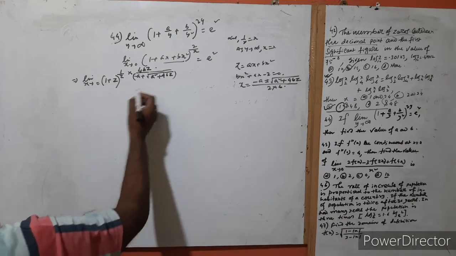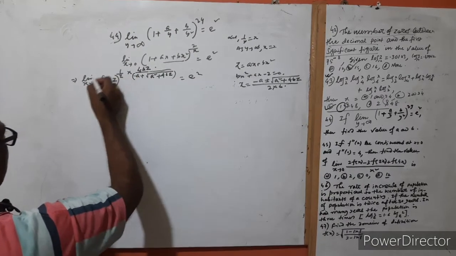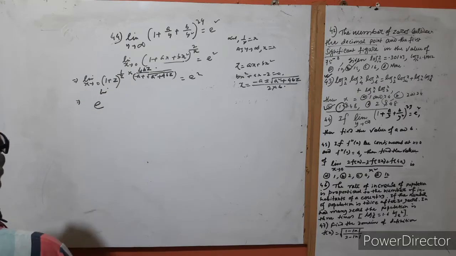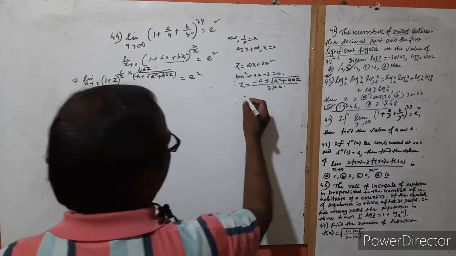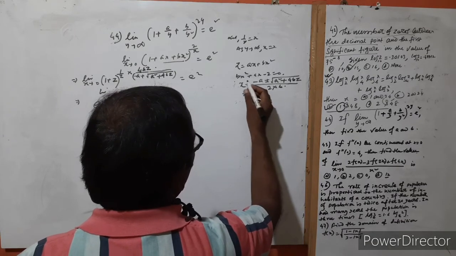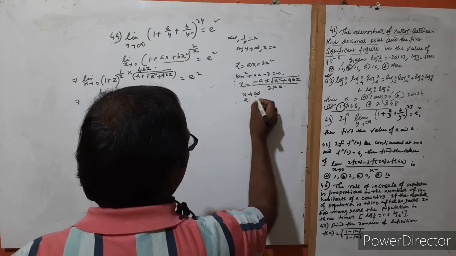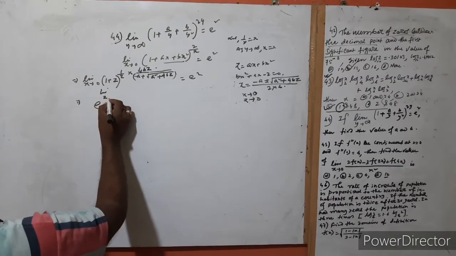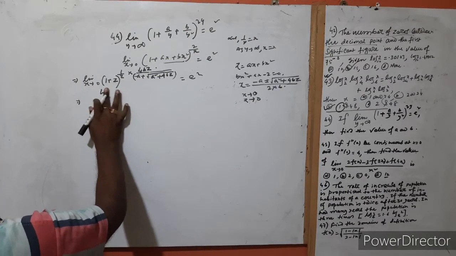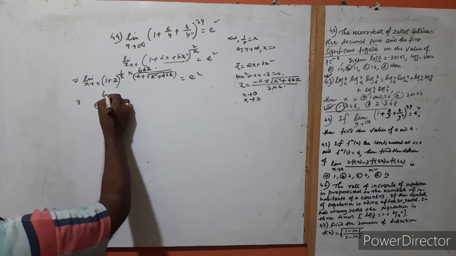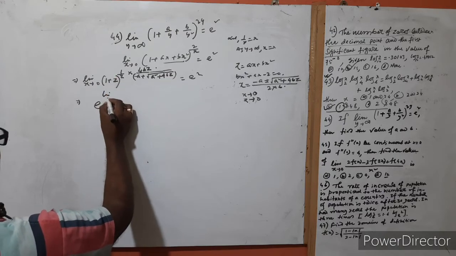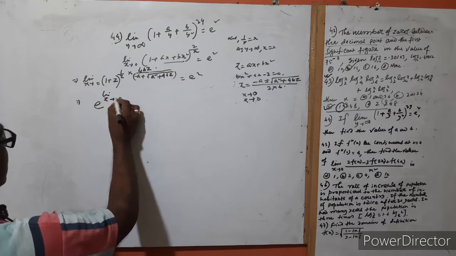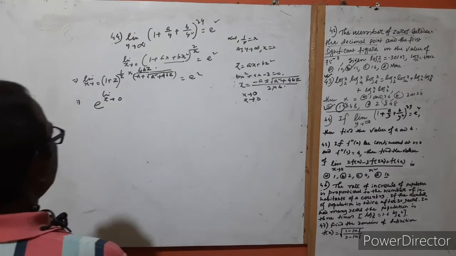So see, this is actually e square and this is actually e. So it is e to the power, as x tends to 0, so you can put here z, sorry, this is 0. So z tends to 0, limit z tends to 0, e to the power, this is e to the power, limit z tends to 0. This is here